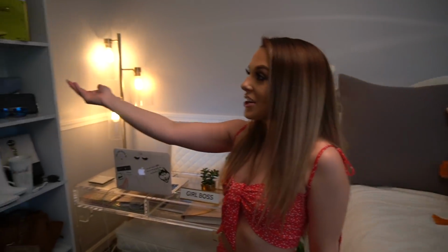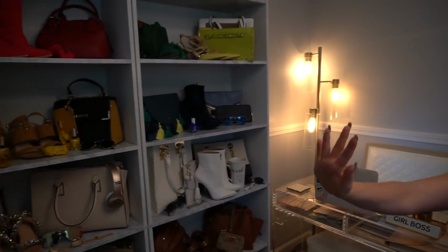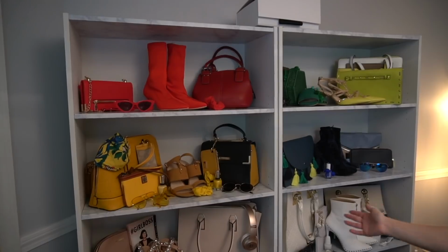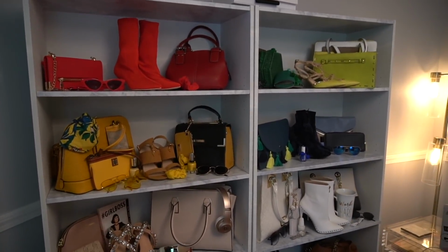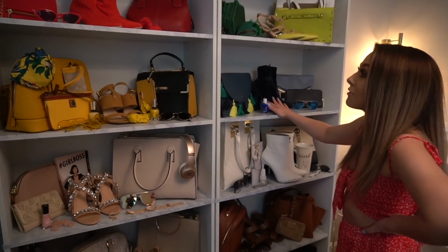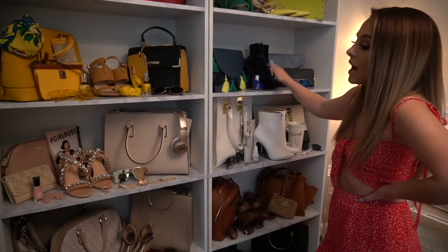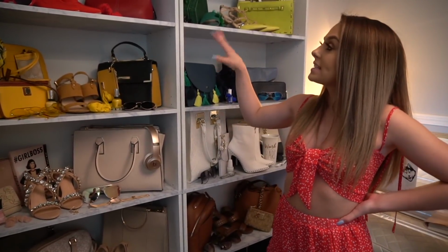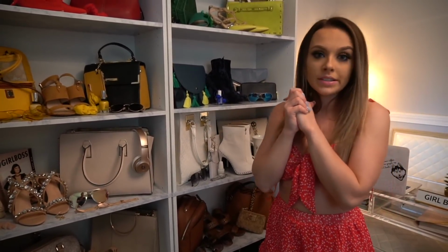Going over here, I have this. You guys have been waiting for this. I'm going to do a whole tour of this. But this is my purse rack that I built myself. Let me tell you guys, it was a lot of work. But I really, really love how it turned out. I'm going to be doing an entire purse collection and shoe collection video because you guys really wanted to see that. So with that being said, we're going to move on over here to next to the door